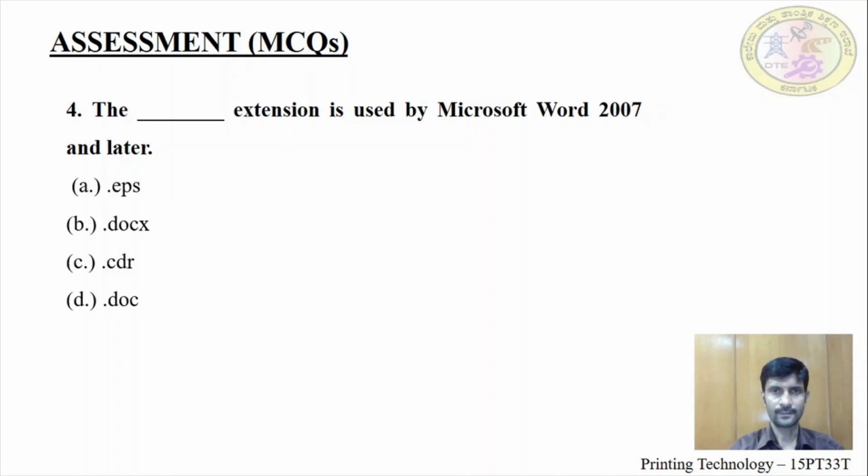And in later versions we have some changes, with Extensible Markup Language in the document. .cdr is used for CorelDRAW and .eps is the universal file format for vector editing programs. This is the clue to answer this question.